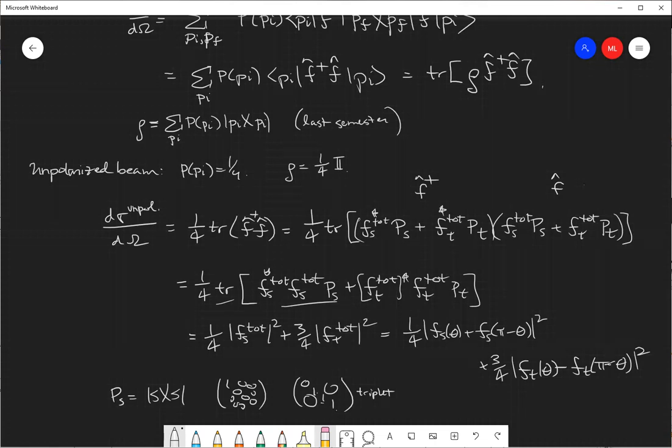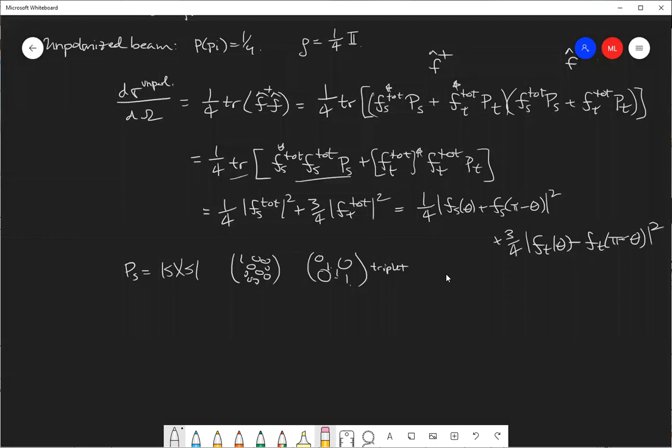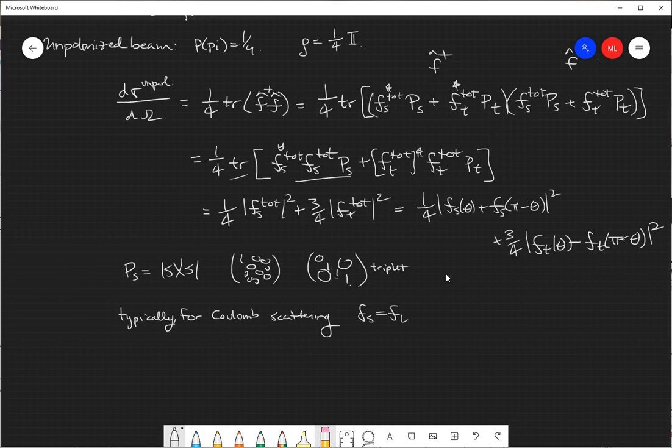So in a situation like that, there really wouldn't be any difference between the singlet amplitude and the triplet amplitude, right? It wouldn't really depend on the spin states. So typically for Coulomb scattering, you would have these amplitudes be the same, because they only depend on the details of the Coulomb